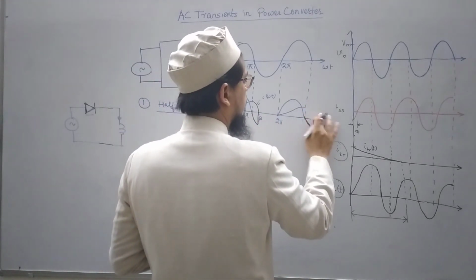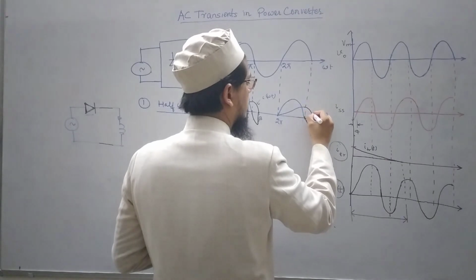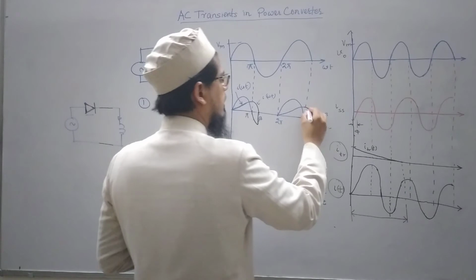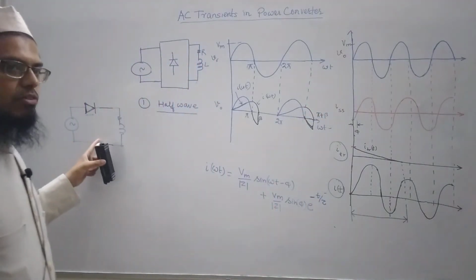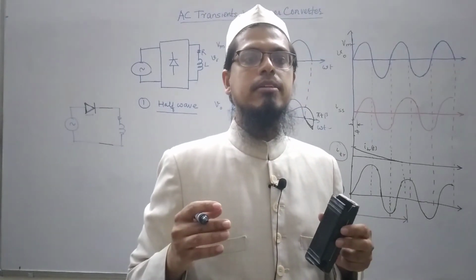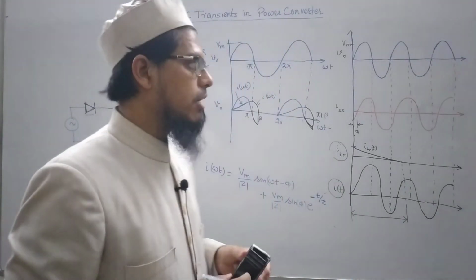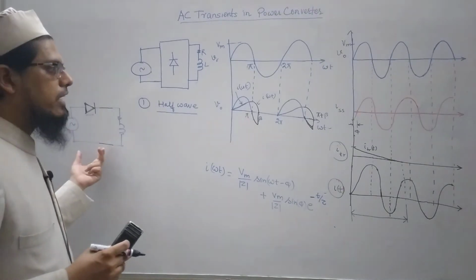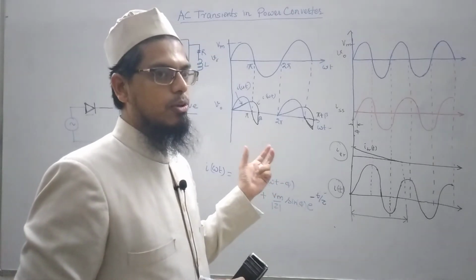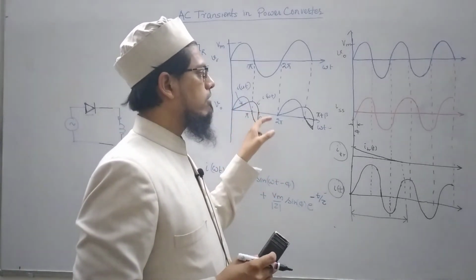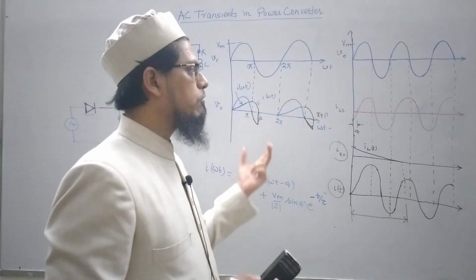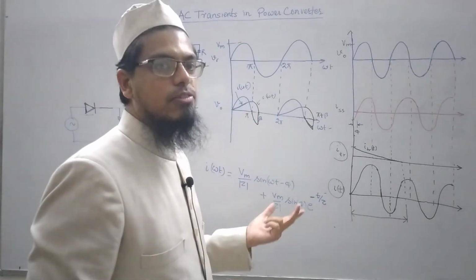Similarly here also. So this is the type of waveform that would be obtained in this type of circuit. You have to be quite clear about which type of power converter circuit you are dealing with, and draw the corresponding waveform accordingly, and you need to have a good understanding of the expression of the current that would be flowing in the various parts of the circuit.